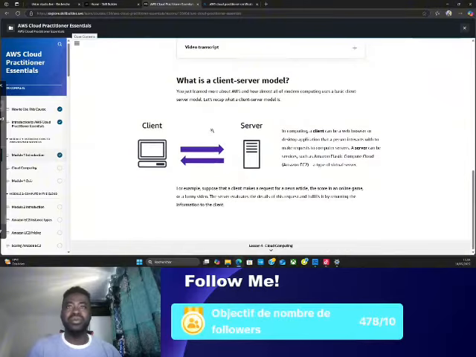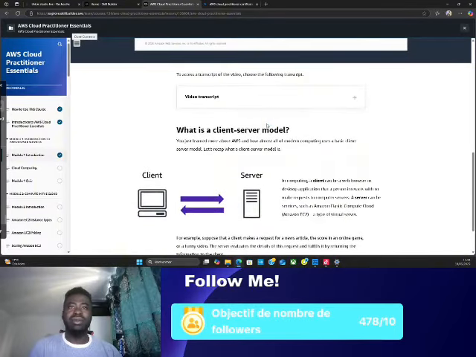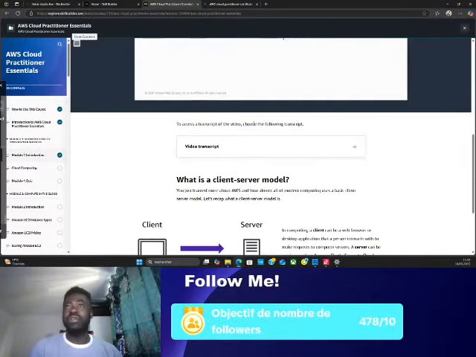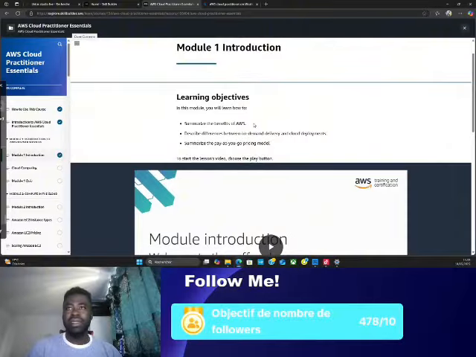We have module one, which is the client-server model, right? Who is the client, who is the server. So this module one is talking about the client-server model. Now, before we talk about this,